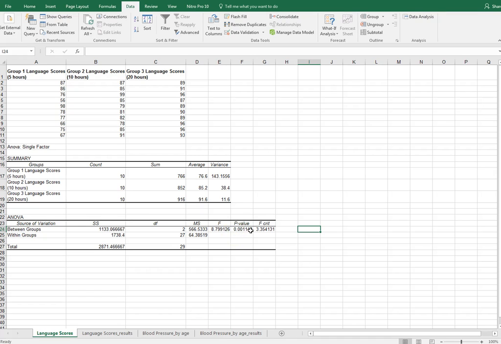0.00142. So if I compare this to the significance level that I chose, which was 0.05, that P value is much smaller, so that is going to be a significant result. And with that in mind, I will reject my null hypothesis. And I will conclude that there is a difference among the groups based on the number of hours that they